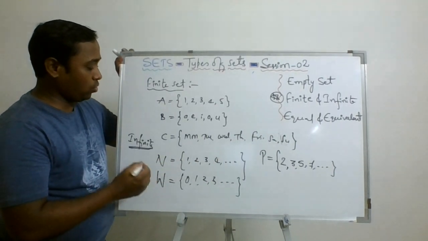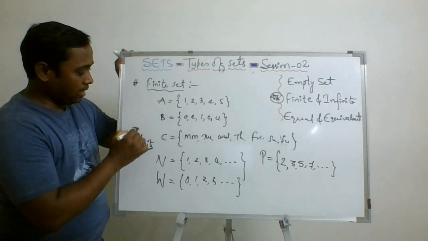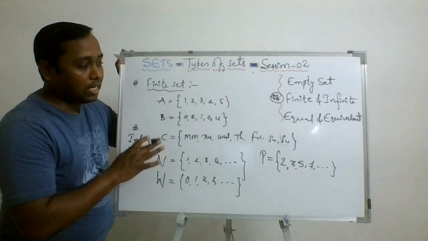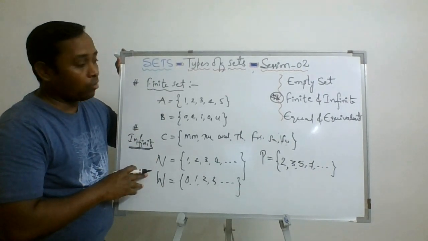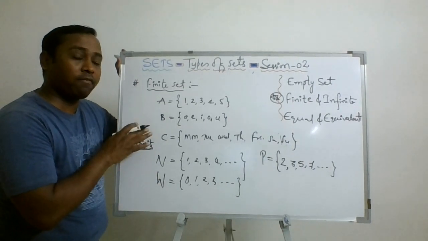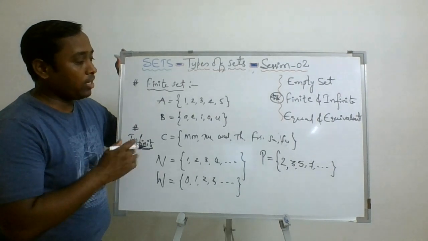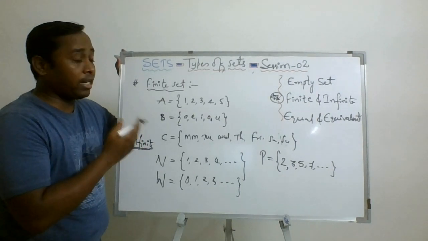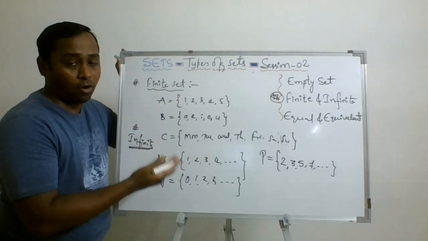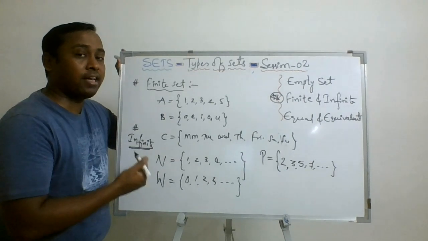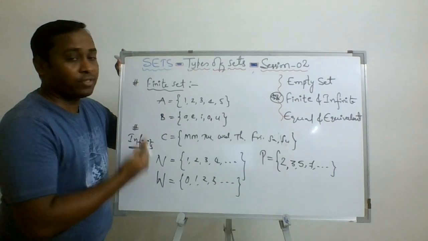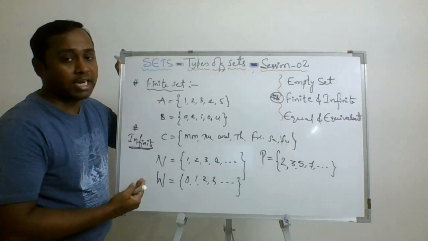I hope you have understood the meaning of finite sets and infinite sets. There is no glitch at all. It's a very crystal clear topic. Only sets of questions will be given to you, and you just need to decide whether it is finite or infinite. So what is the best way to decide? Just express them in roster form. Roster form means we list the elements to get a clear idea about the type of set, whether it is finite or infinite.